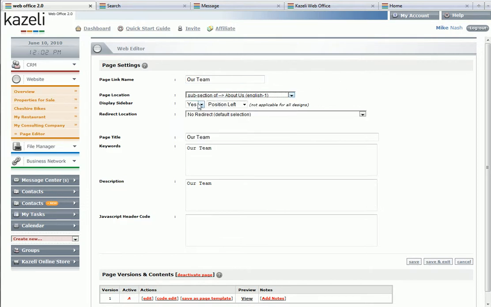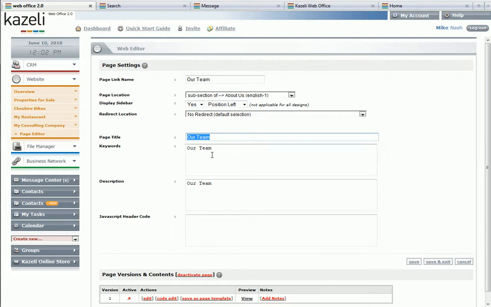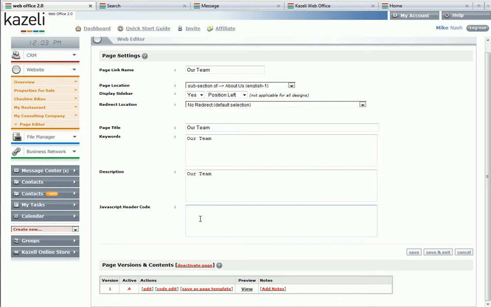You can add or remove the display sidebar. You can have a redirect. So if you click on this link, it redirects actually to another page. You can have a unique page title. That's the page title that appears in the browser bar. You can have your own keywords and description for each individual page. And down below is where you have your different page